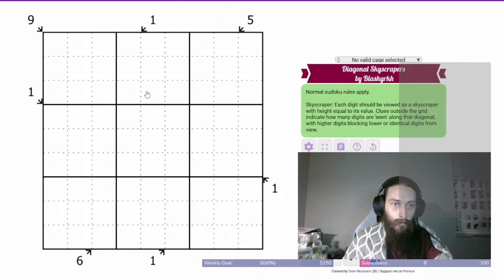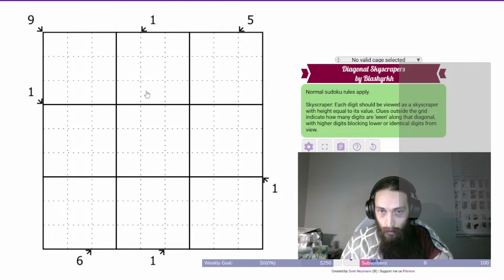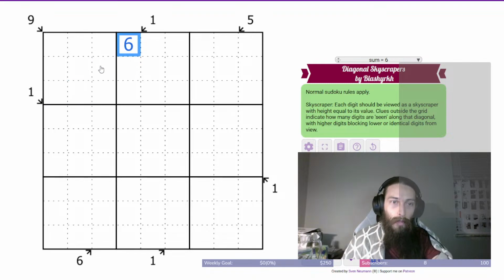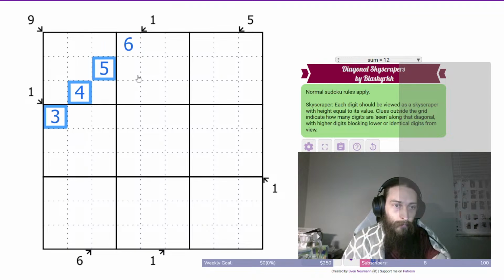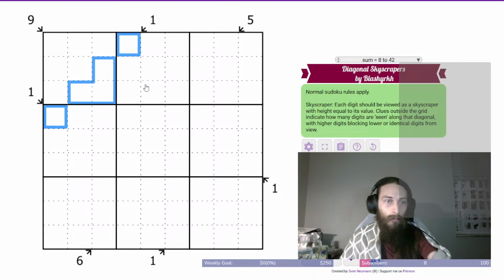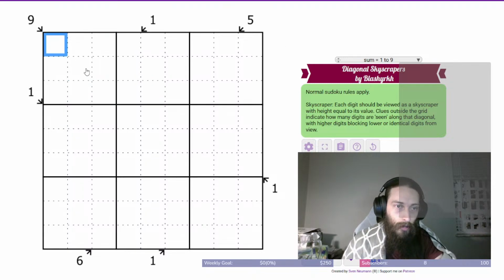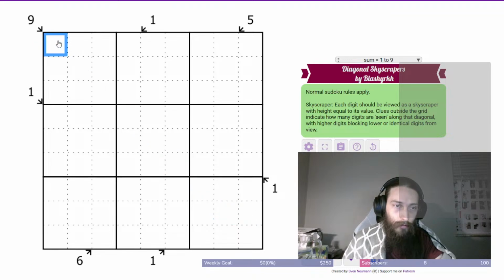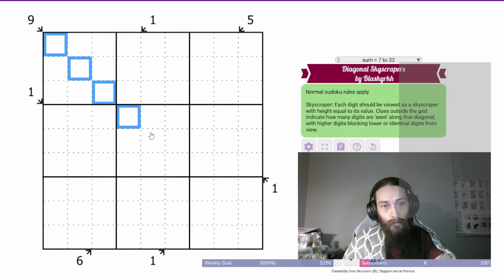So if we look at, say, this diagonal, this digit must be higher than all of the digits that are behind it. So this 6 would block the 5, 4, and the 3, for example. And this 9, this long diagonal here, this top left digit, is actually the smallest, and they increase